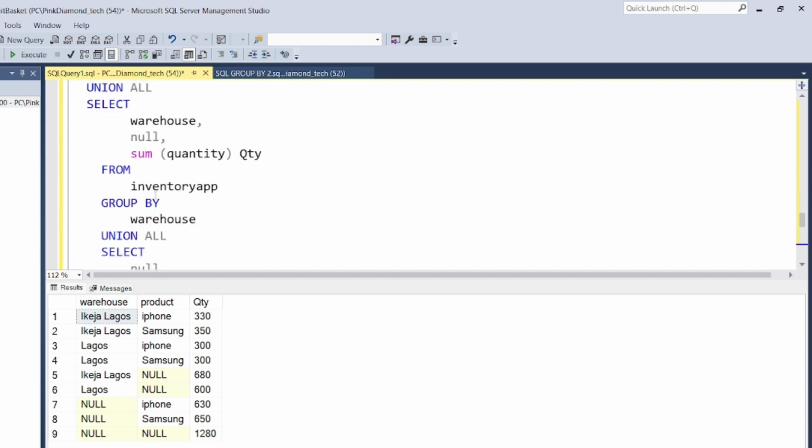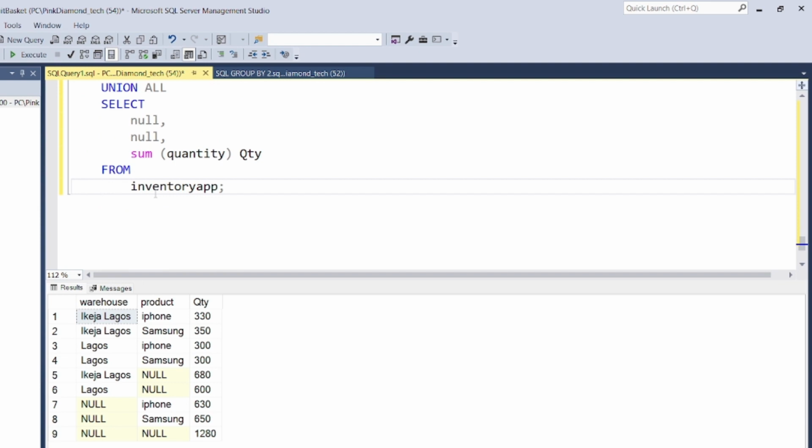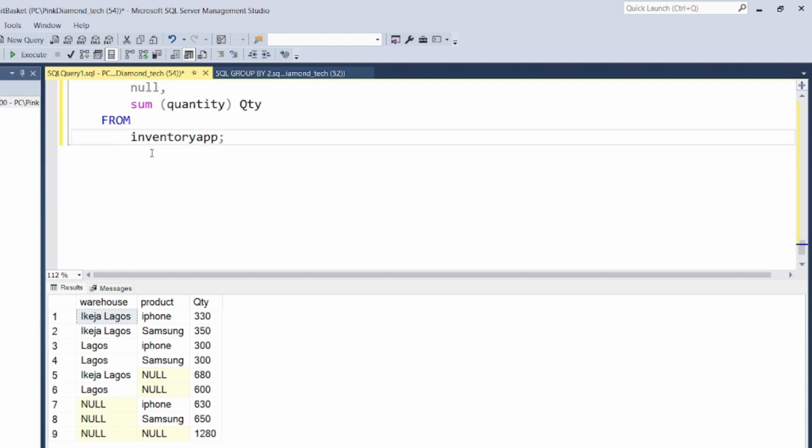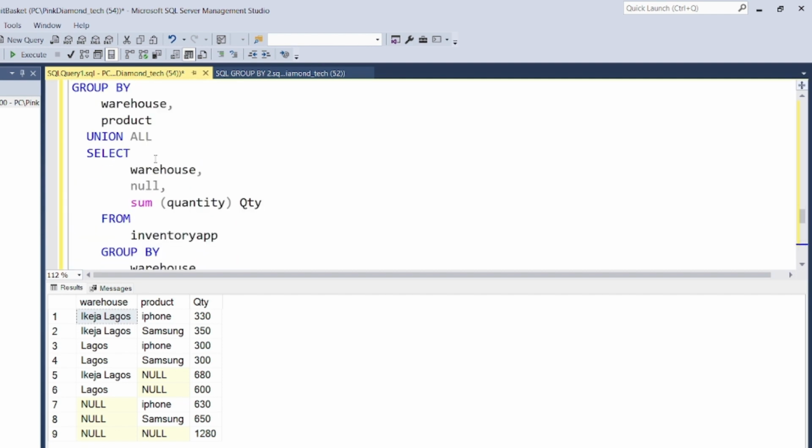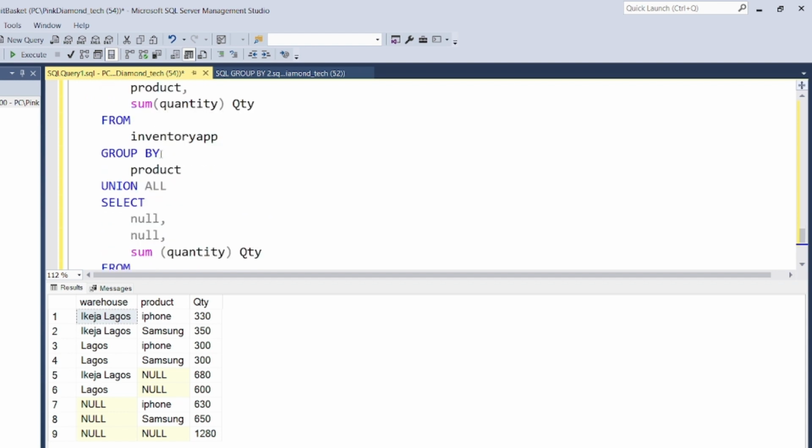And secondly, it has a performance issue, because the database system has to scan the inventory app table multiple times before it can generate this result set. So it takes time to run. If we want to scale this query, to resolve this issue,